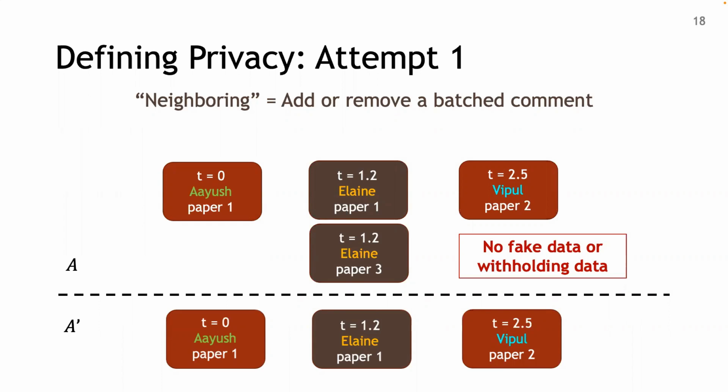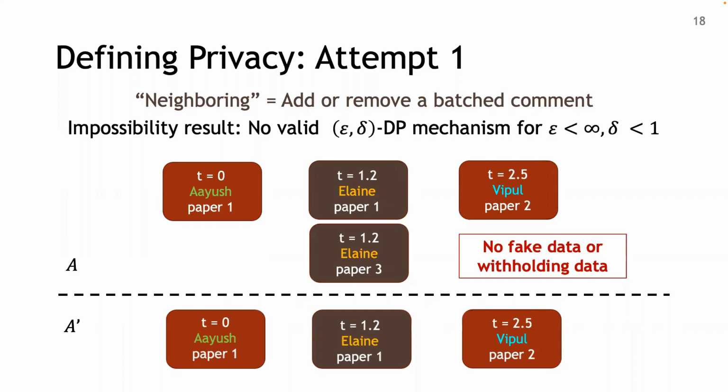So the distribution of outputs basically never looks the same unless we fake data or withhold data. And there's no valid mechanism here. Okay, but this is a kind of weird notion of neighboring databases, because it's unclear that if batching didn't occur, a comment just shouldn't appear. It seems like it makes more sense to say, well, a comment should appear at a different time if batching